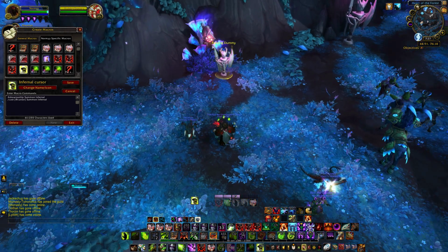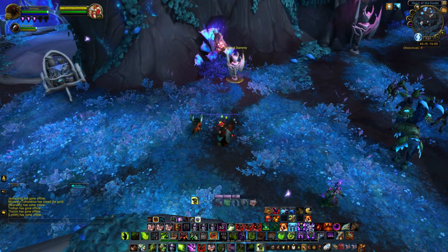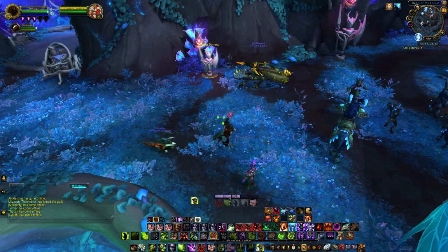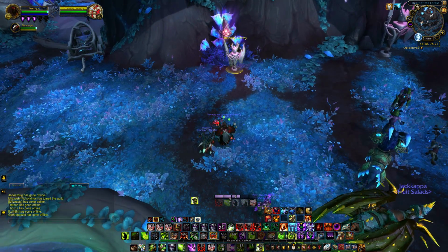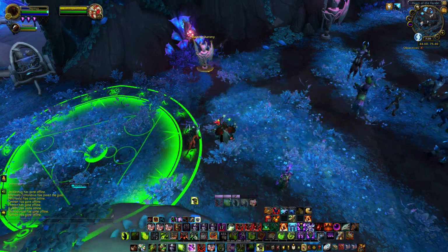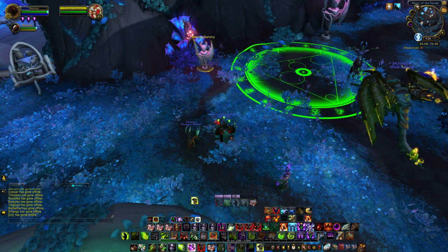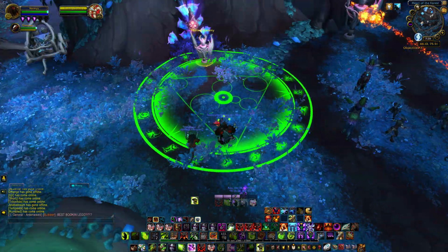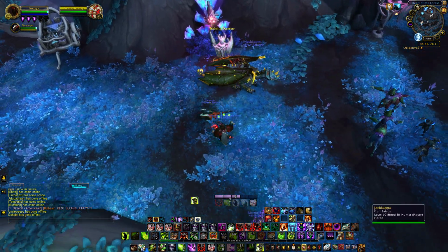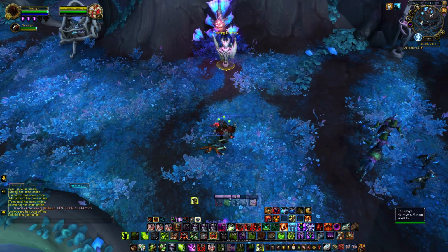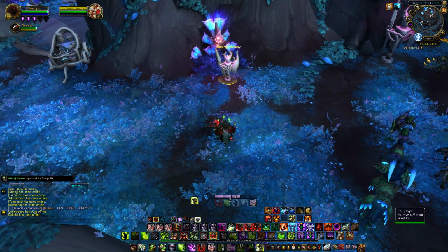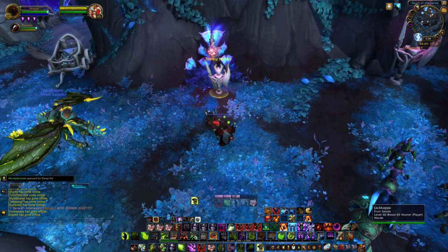But anyway, what that'll look like is it pretty much eliminates the time it would take to aim where you want the ability to go. So for instance here, if I'm using my Shadowfury and I click the ability, it still allows me the option to select where I want that ability to be cast. You're increasing the time by having to click again in order to get that ability off. So if you're comfortable with aiming with your cursor and you want to save time getting abilities off, then I would suggest doing the at cursor macro, because essentially what you can do, and I'll show you here in this video,